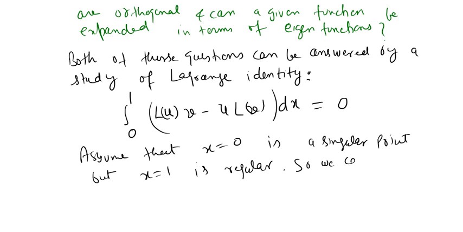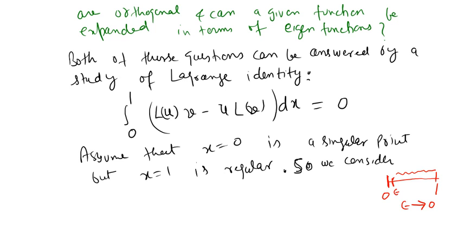So we consider, you had a singularity at the left end. You may have a singularity at any end, so that doesn't matter. So we just have a singularity at 0. We have this domain 0 to 1. You have a problem at the left-hand end, so we take a nearby point epsilon. Then you study the problem in the interval epsilon to 1, and after that we will take the limit epsilon goes to 0.